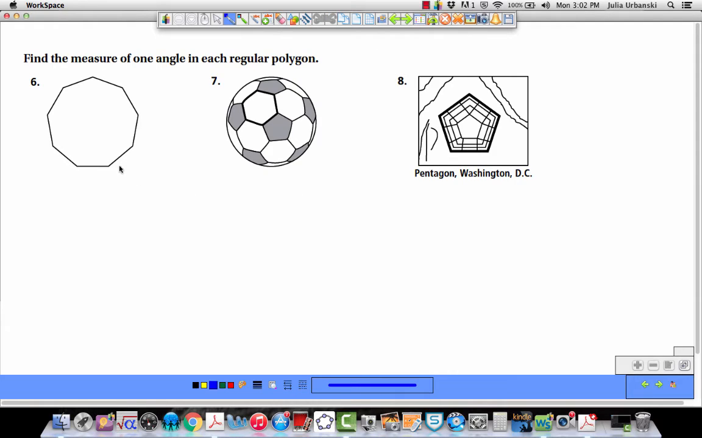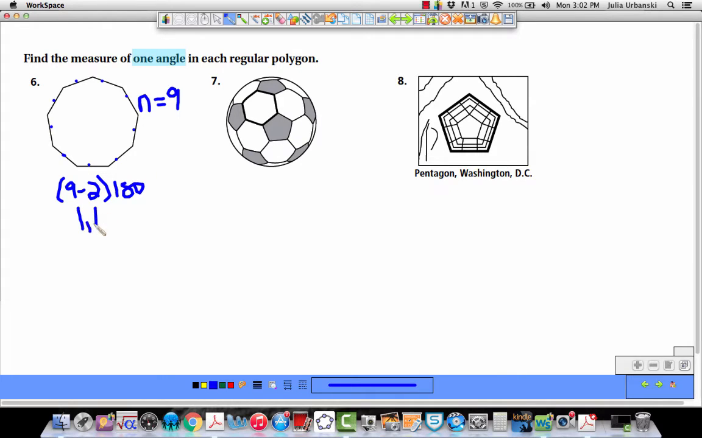And let's look at number 6. This one's different because it doesn't say find the sum. It says find the measure of one angle in each regular polygon. So the number of sides is 1, 2, 3, 4, 5, 6, 7, 8, 9. 9 sides, that's a nonagon. And the formula is 9 minus 2 times 180. So 9 minus 2 is 7. 7 times 180 equals